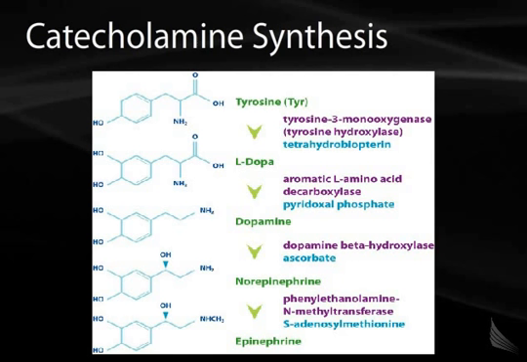First of all, tyrosine hydroxylase is the rate-limiting enzyme of the synthesis of all catecholamines. So if one wanted to have more production of these catecholamines, one could only achieve that through the modulation of the activity of tyrosine hydroxylase. The L-aromatic amino acid decarboxylase that converts L-dopa to dopamine, this enzyme is important clinically because the combination drug of levodopa-carbidopa, part of its mechanism of action is via the blockade of this particular enzyme. That is to say, carbidopa blocks this L-aromatic amino acid decarboxylase to prevent the conversion of L-dopa to dopamine in